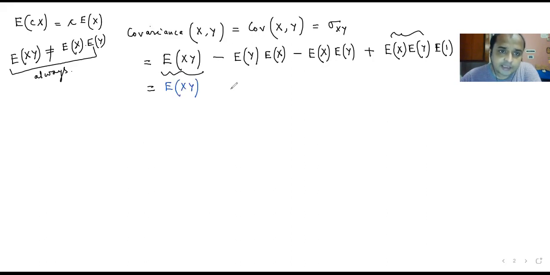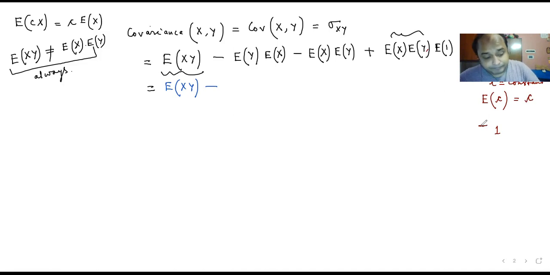So we can write it as expectation of XY. And one more thing is very important: expectation of a constant quantity. Suppose c is any constant number. So expectation of a constant is actually that constant. Why is it so? It is quite obvious, because suppose I give you a single value 1, and in my distribution only 1 is there, and I ask you